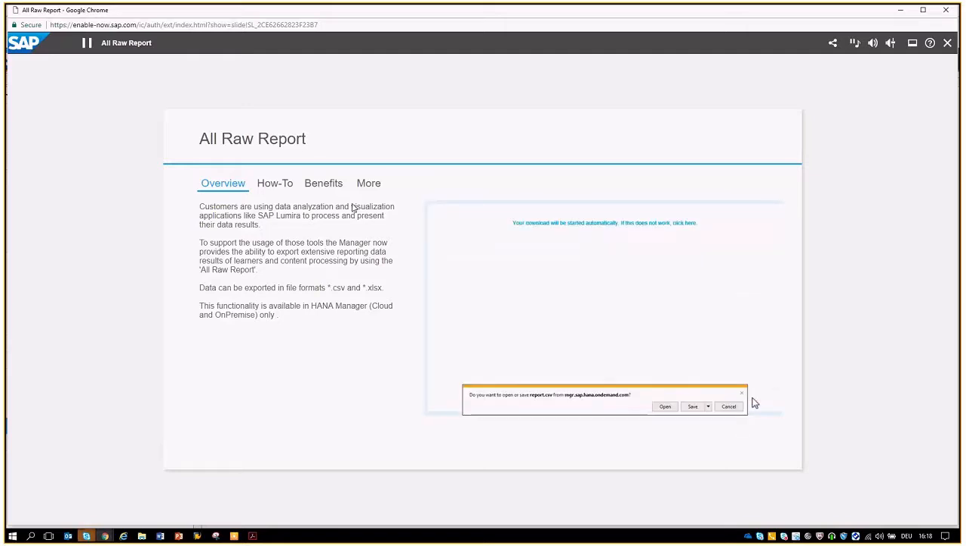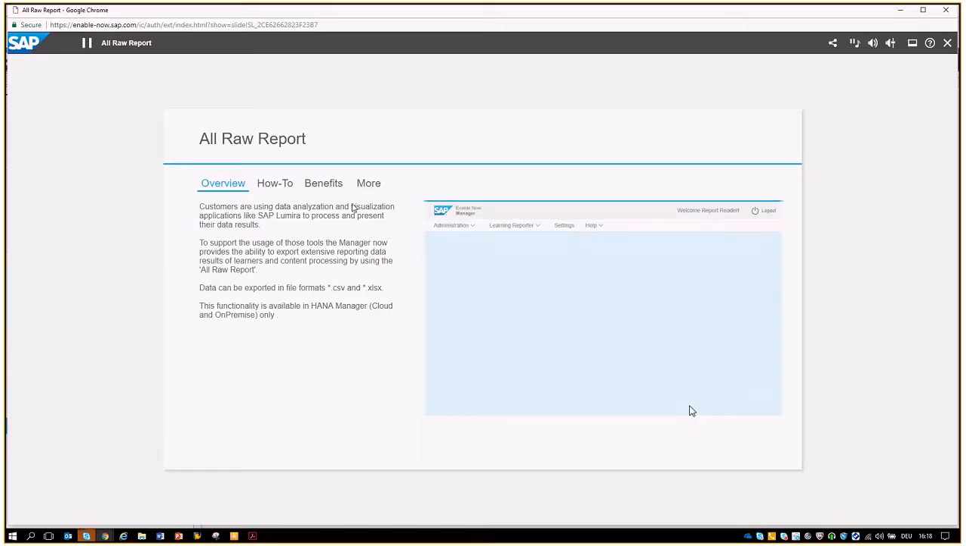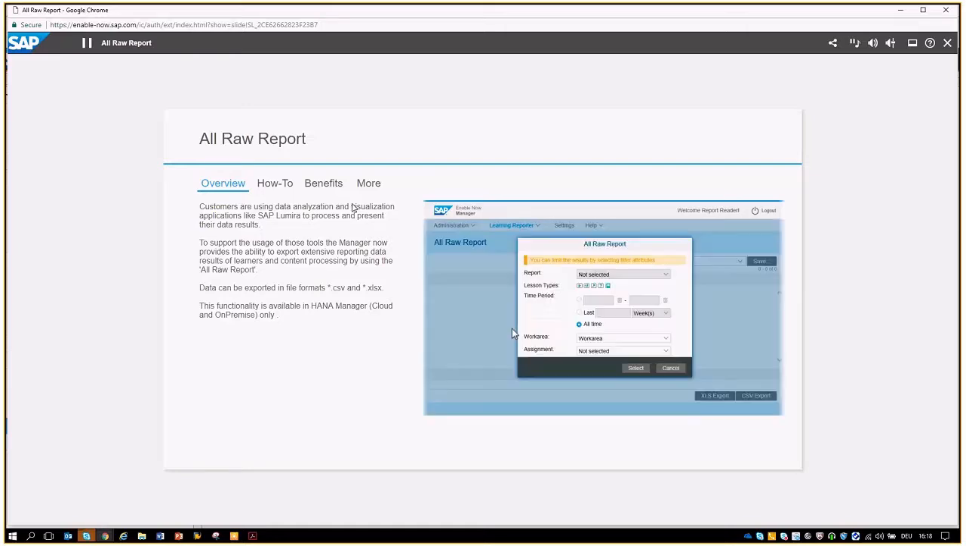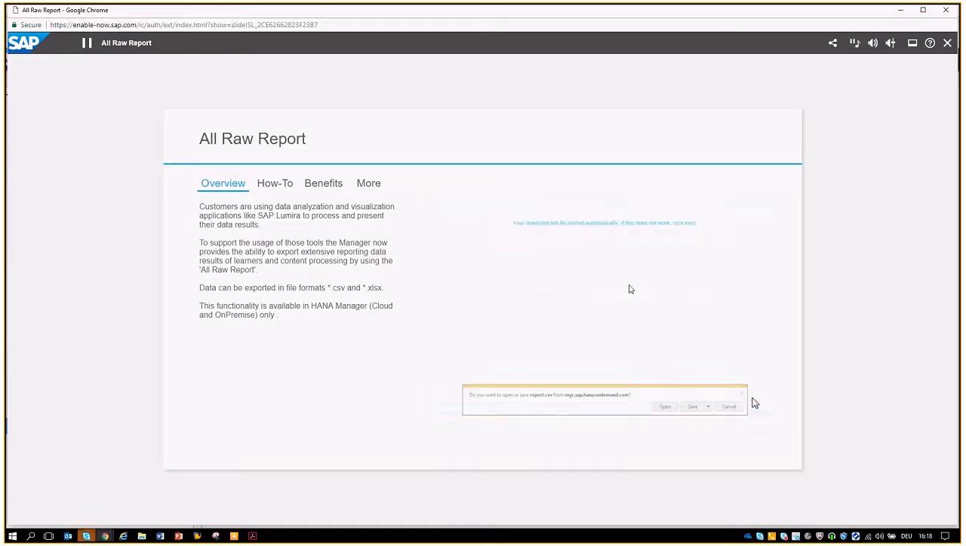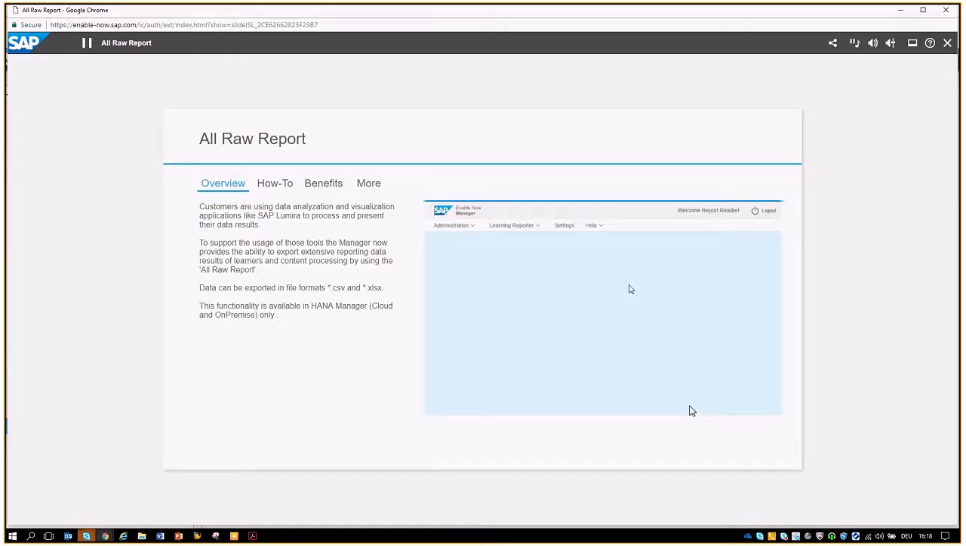And the learner attempts. Again, there are no relationships, so the dependencies. That means that kind of data can finally be used to create your own dependencies, for instance, in SAP Lumira. So first you have to export the report, which is quite easy. If you have the permissions, you just go to the report section, go to the learning reporter, and there